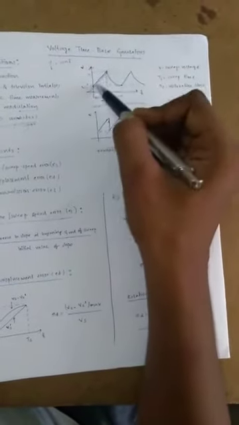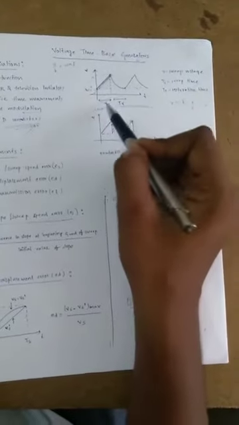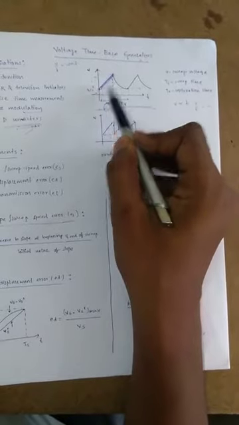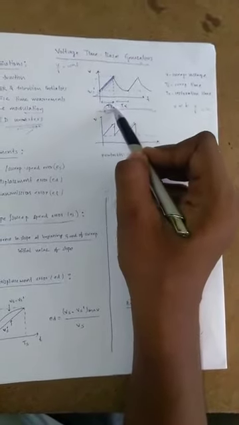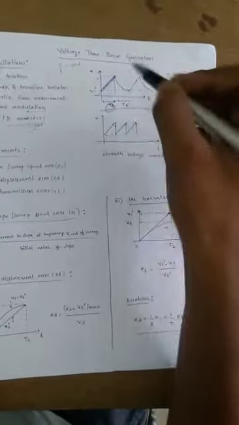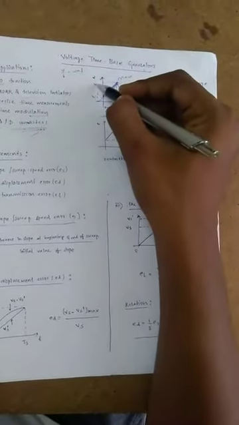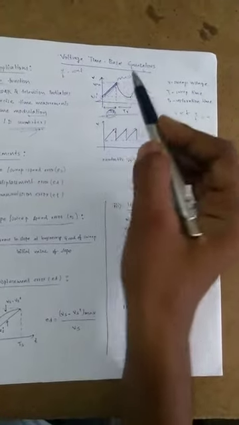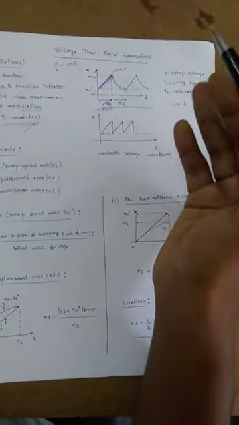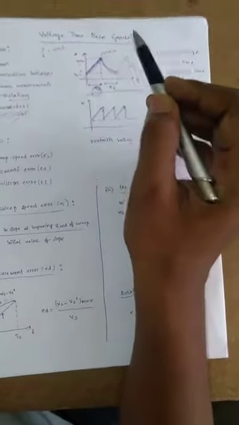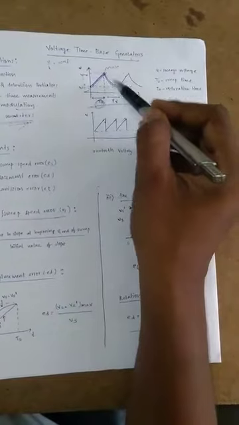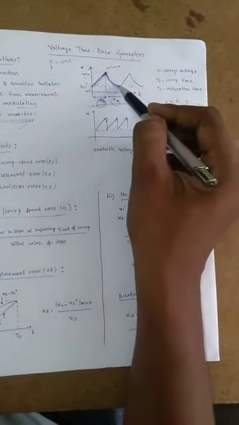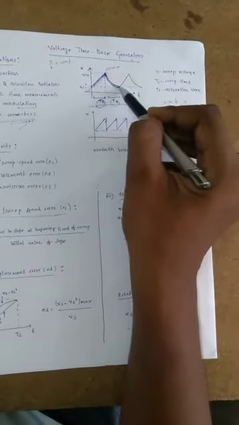Ts, the increasing time or the time of linearity, is called the sweep time period. As this is a sweep voltage, the time taken to attain the sweep voltage is called sweep time. After reaching some maximum, this is Vmax. After reaching the maximum value, it again drops to its initial value, as the circuit cannot handle the voltage continuously, and it reaches its initial value in a time TR. It is considered the restoration time or flyback time. It reaches its initial value.